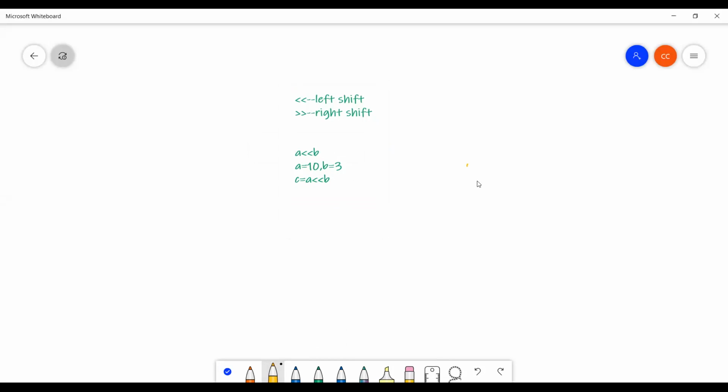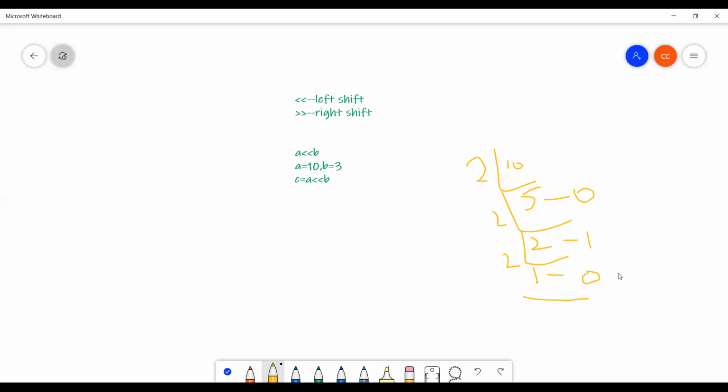How to convert? Take 2 and 10. First time, 2 5s are 10, the remainder is 0. Next time, 2 2s are 4, remainder 1. Next time, 2 1s are 2, remainder 0.